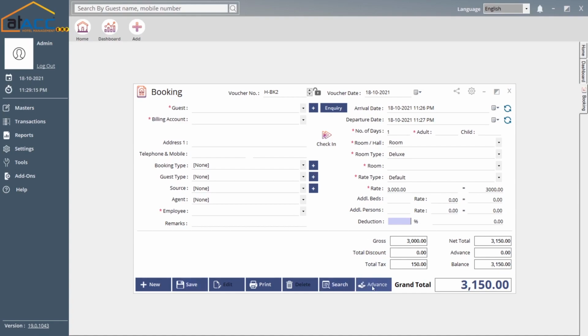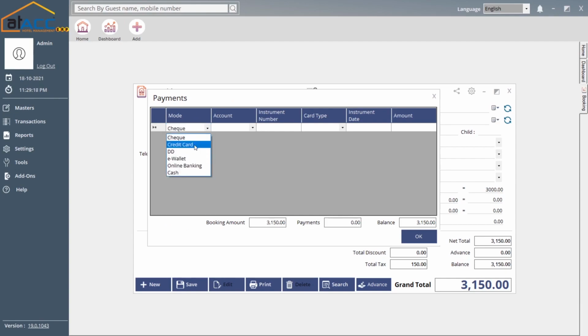If you want to receive any advance payment, you can press this button and mention the payment method, the account which should receive the payment, and the instrument number, which basically is the credit card number if it's a credit card. If it's a check, it will be the check number, etc. That's the purpose of the instrument number. And the card type, if it's a credit card, you can specify the card type. If it's a check, you can leave it blank. And if it's a check, you need to specify the instrument date. If it's a credit card, you don't necessarily need to enter the same. And once you're done with that, you can just enter the amount and click OK to receive an advance